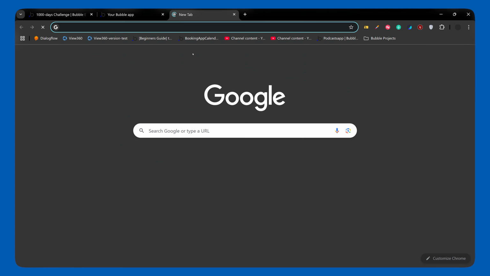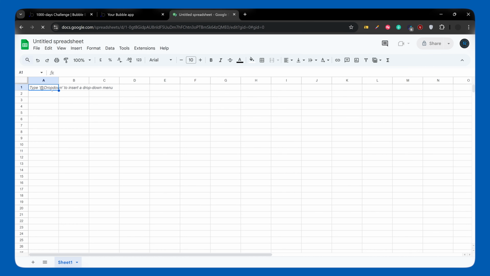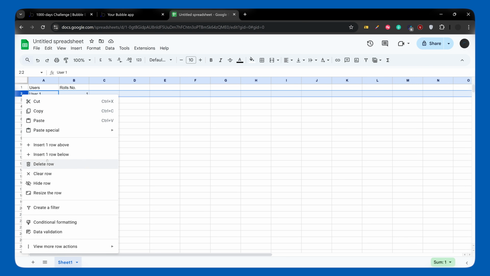I'll explain this with an example of Google Sheets, right? So let's go to Sheets. Let's say we have users here, and we are going to add roll number here. Okay. So here we have user 1, user 2, user 3, user 4, and so on and so forth. Now we are sending this as a list of things to the backend workflow, and the roll number in the first case was 1. We will assign this, and then we will remove this from the list of things that